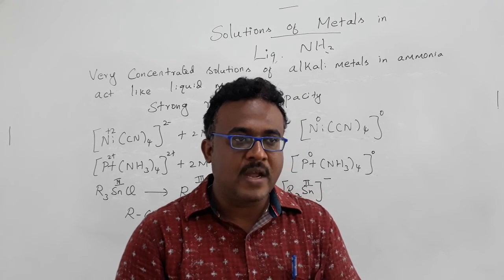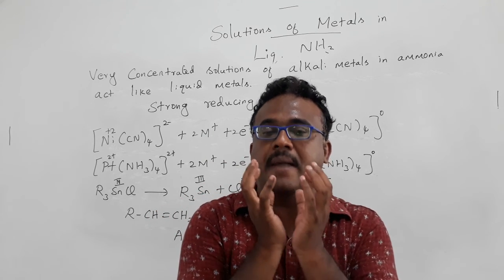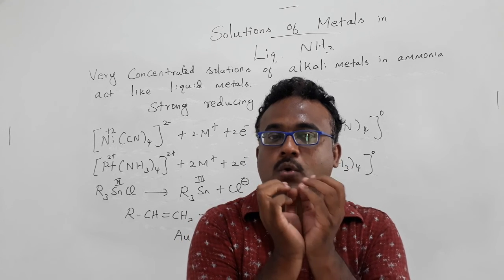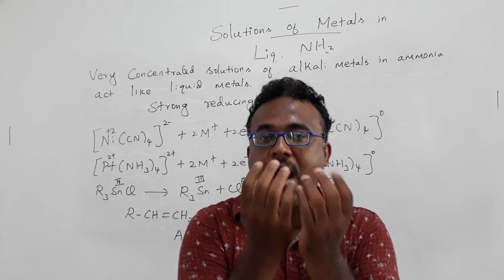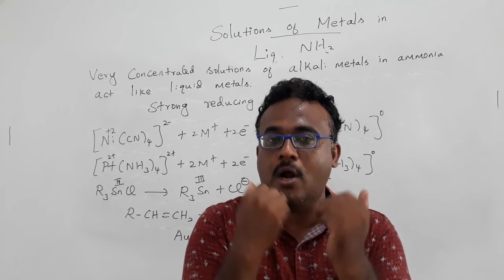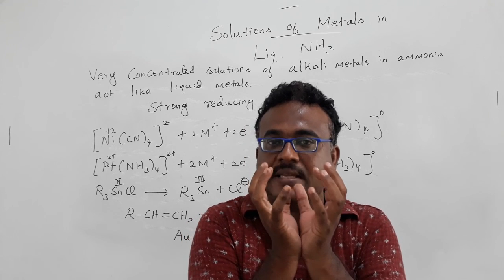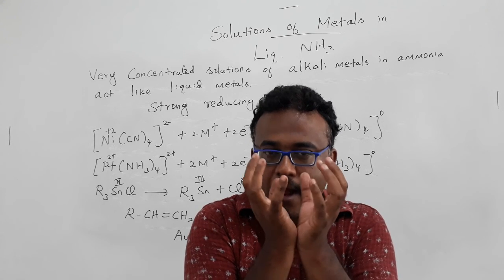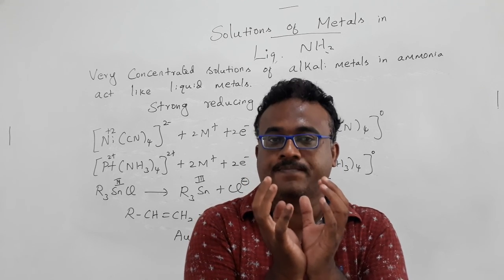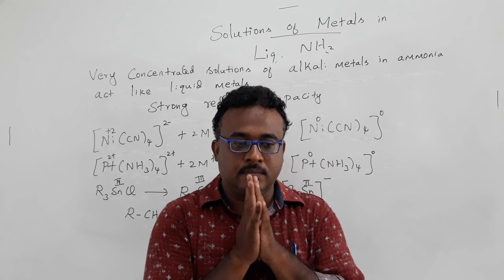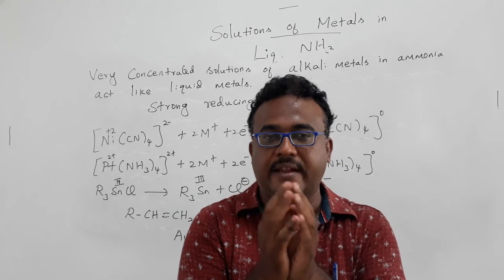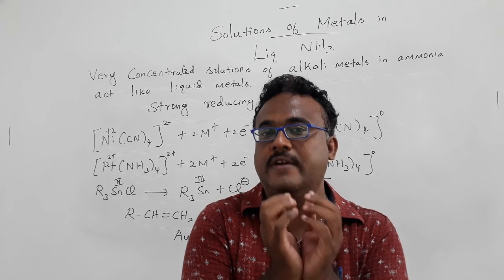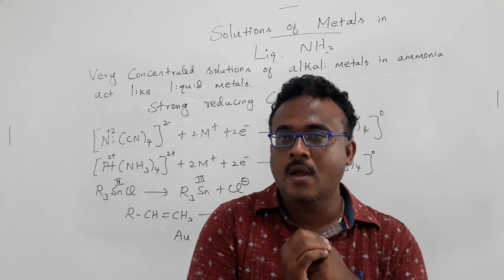And also, whatever I said about liquid metal, it looks like a metallic sheen. It looks like a metallic shininess. When you add more metal to the bronze color solution, it looks more like metals, with a color that looks like metallic sheen, or you can say metallic luster. The shininess of the metals can be easily observed in liquid metal.